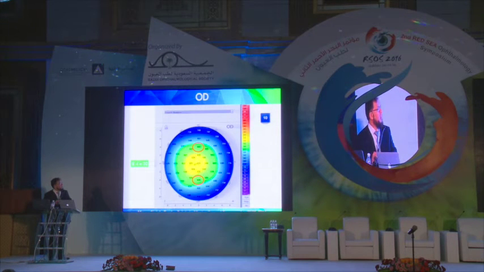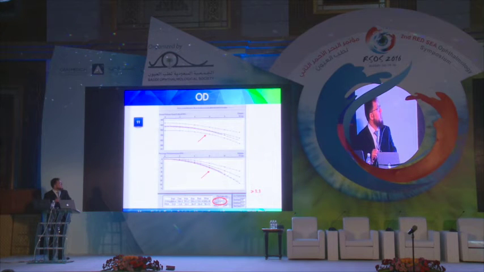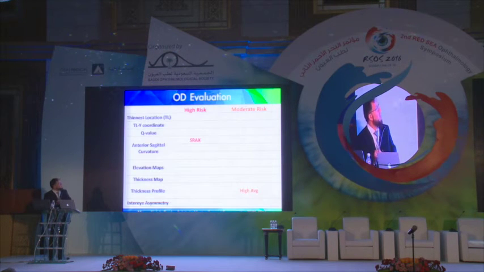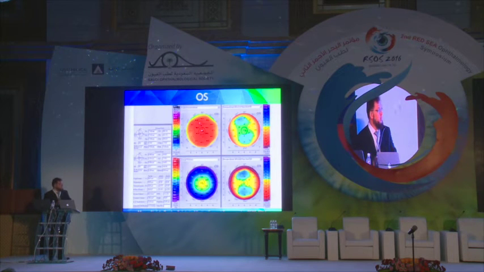For the pachymetry map, the difference is less than 30, and the shape is concentric. The slope is normal, but the average is above 1.1, as you see, 1.3. So in the right eye, we have one high risk, which is SRAX, and one moderate risk, which is high average. For the left eye, for the same patient,